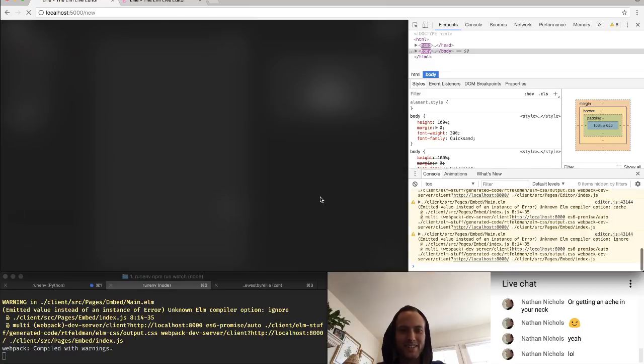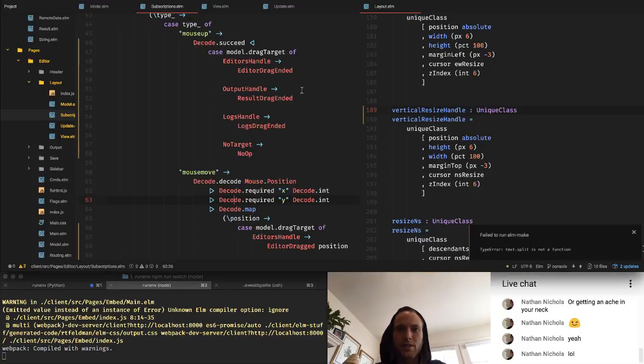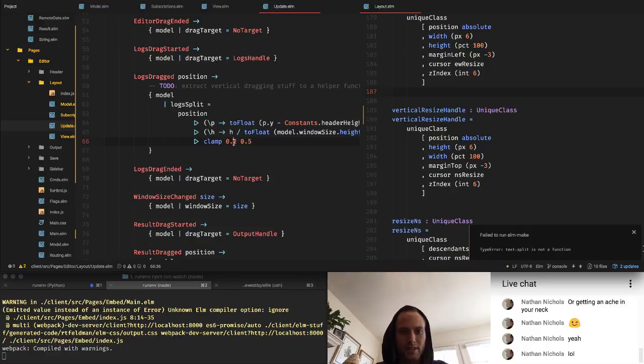Still nothing? Ah. Okay, I got the minimum and maximum mixed up. That's kind of confusing code. So I'll fix that next time, but I just want it to work right now. So I should invert the naming of this, but